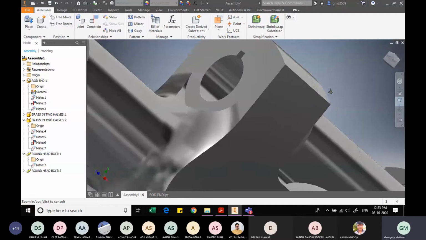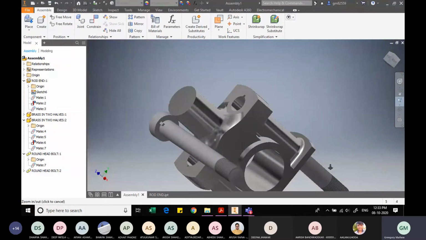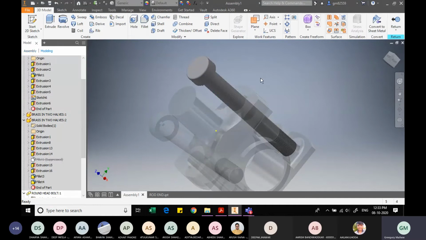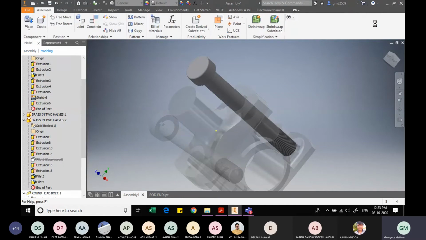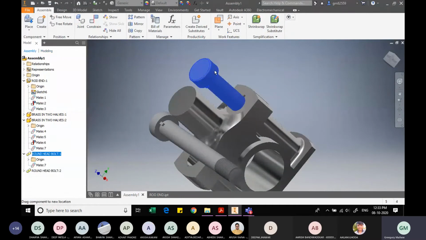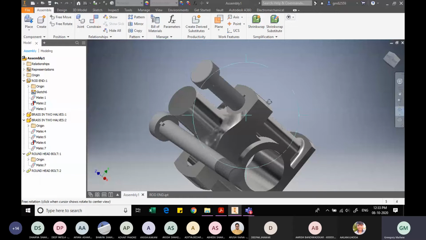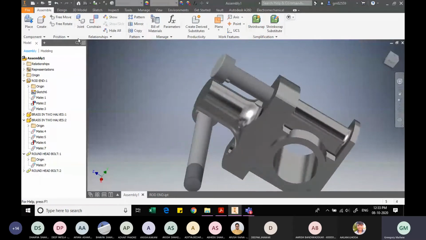Let me reduce the size. Constraint. Let me rotate the, yeah, okay.